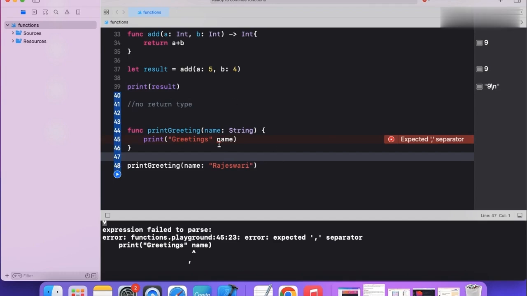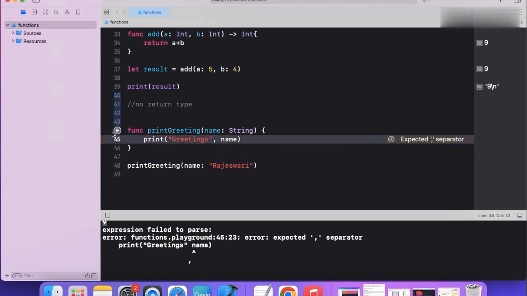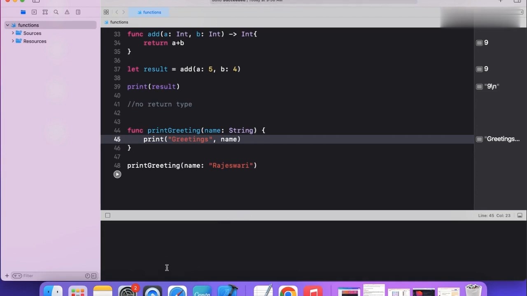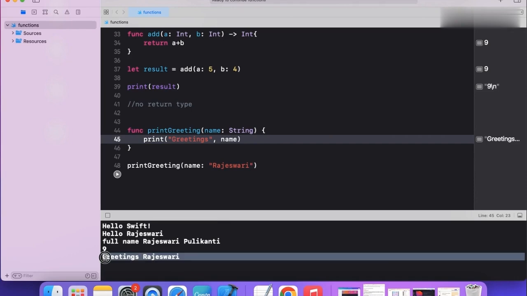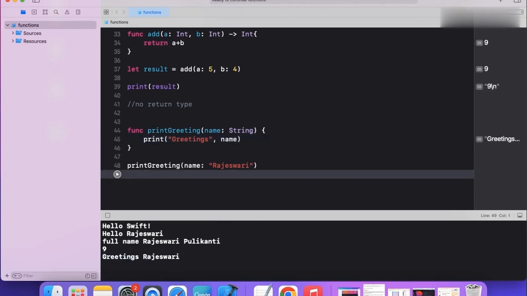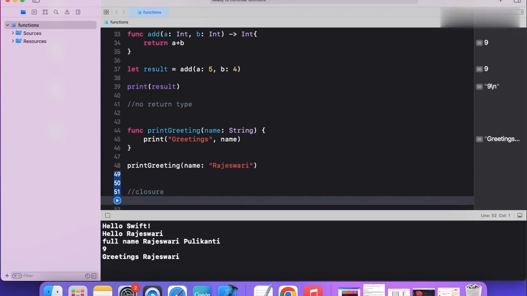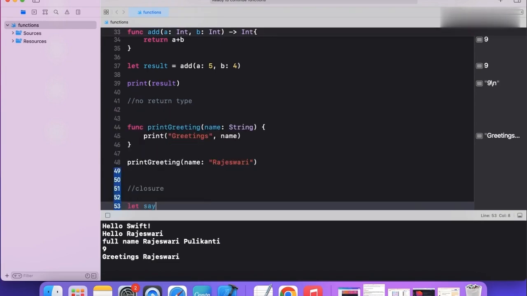Let's just talk about closures. A closure is a block of code that can be passed around and used in your program just like a function. But the big difference is that closures don't have a specific name. Here is an example of a closure. I'm just going to create a let closure with the name sayHello, and inside it I'm passing a simple name with a string data type, and we should add a Void keyword inside the closure declaration.